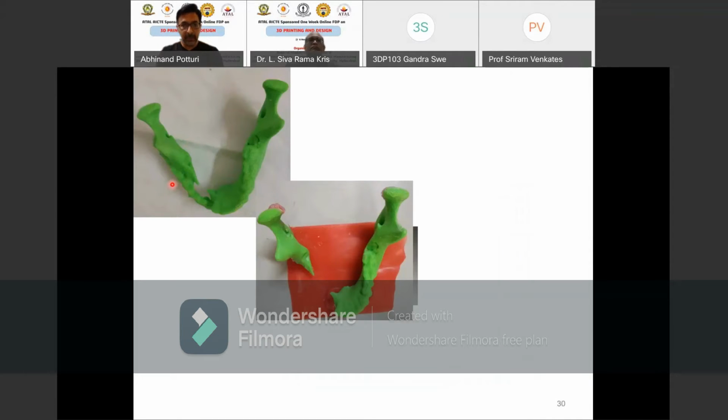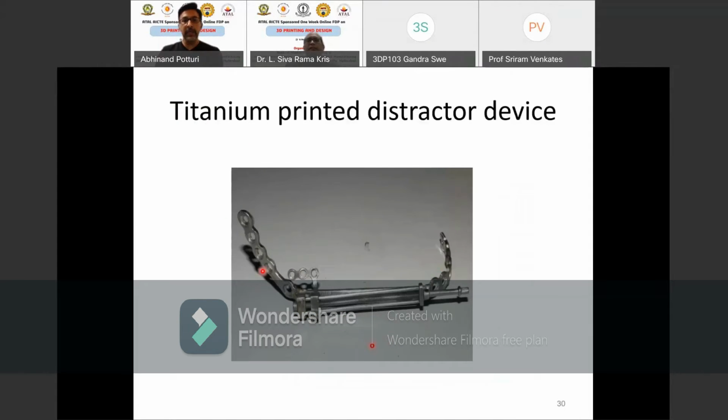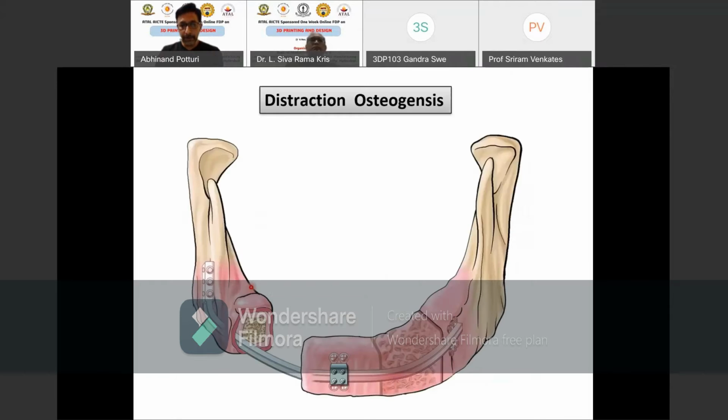That means we have removed the plate, we have cut this, and then we have understood exactly how much the deformity is. And then what we do, we create a device like this. This is a device which is called a distractor device, and which will be put onto the patient's jaw like this. And then we will allow the bone to grow between these two segments by putting some bone morphogenic protein, that is called bone growth factors, so that slowly the bone will regenerate and new bone will form.